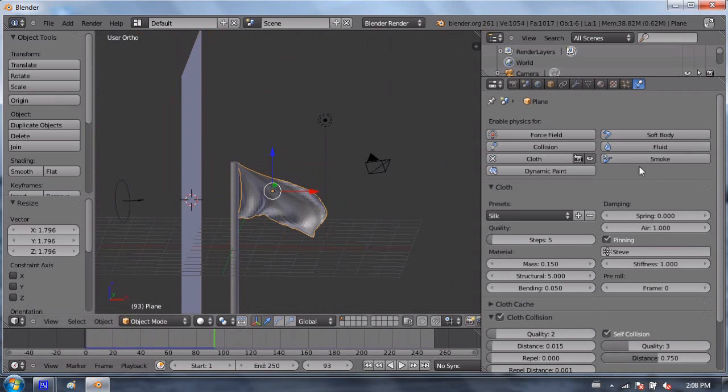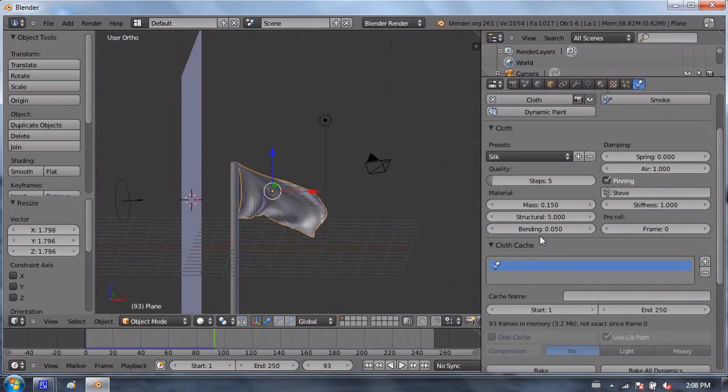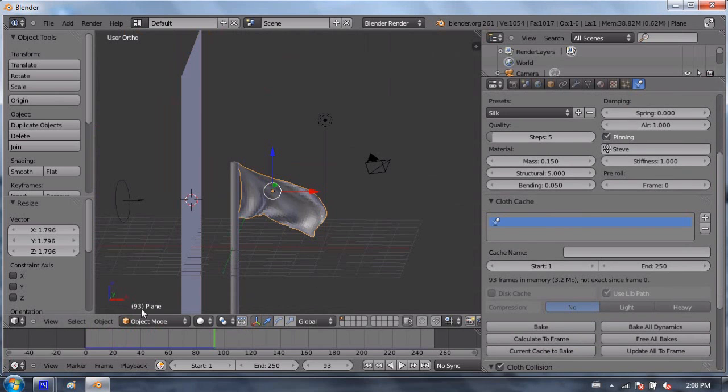Let's actually go, this is a good lesson. If I have a cloth cache, which is the current cache that's in that, it's not named right now. So under cloth cache, you can actually have and store different caches as long as you don't quit Blender. So if we're happy with this one, or we're not happy with this one, we can name it. I'll name this one first wind, and then I'll make a new cloth cache.